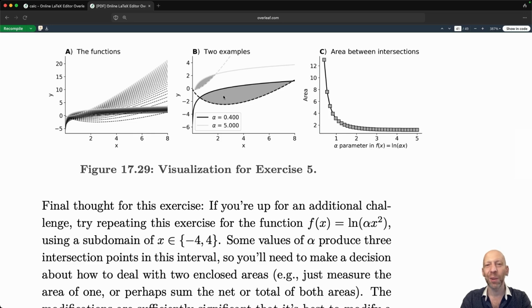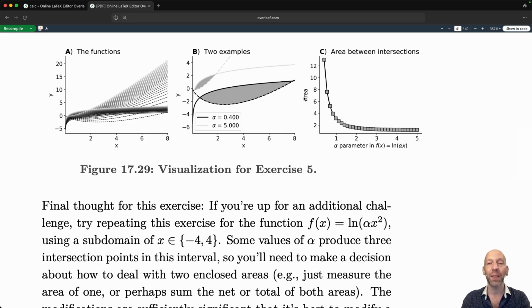You can try plotting other ones. I think you will discover that if you try plotting all 33 of these, it just becomes a big uninterpretable mess. Okay, and then what you see here in panel C is a plot showing the relationship between the area,